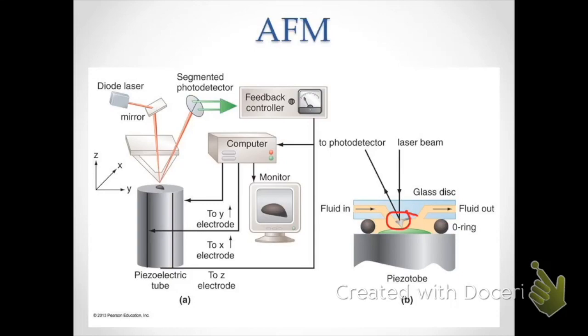There's a laser beam that's reflected off of the cantilever, and as the cantilever moves up and down, the position of the laser beam on the photodetector moves up and down, so you get this situation again where the surface is actually adjusted to maintain a constant distance, and it generates an image. Okay,